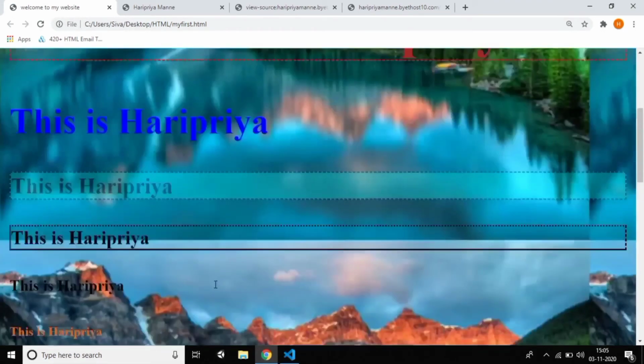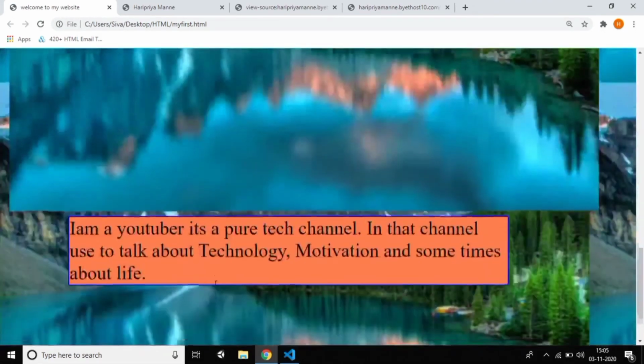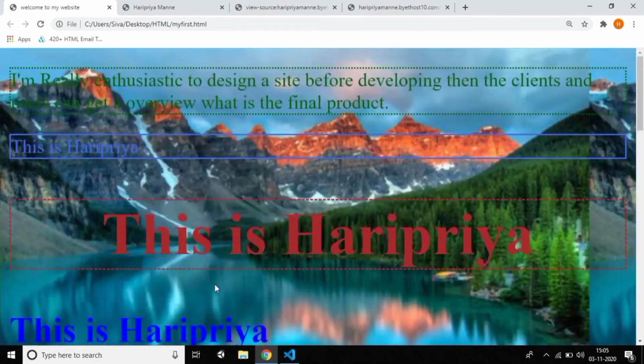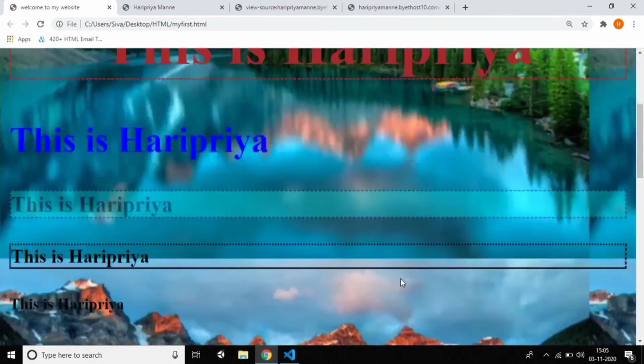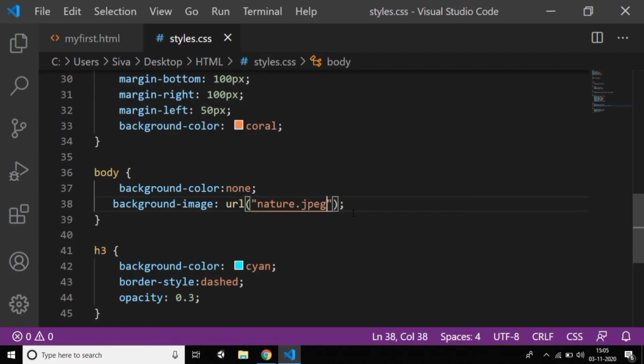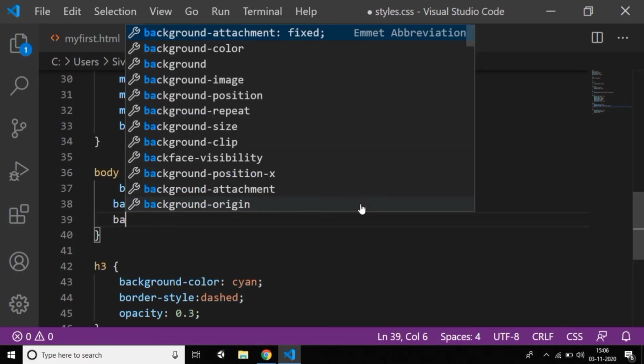And one more thing: the background was cut, right? Did you observe or not? Because the image was cut, the same image was repeated. You can make the image not repeated; it's all about your wish. The background should not be repeated, you can give that also. Another property is called background-repeat.